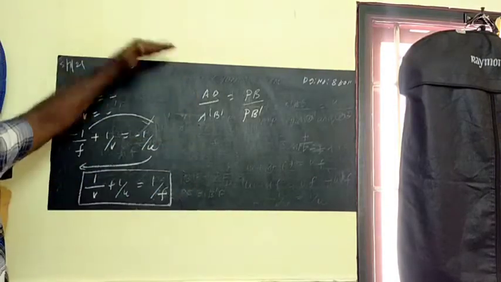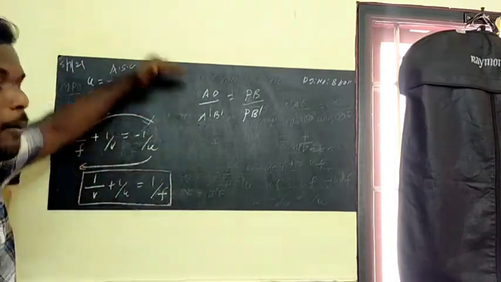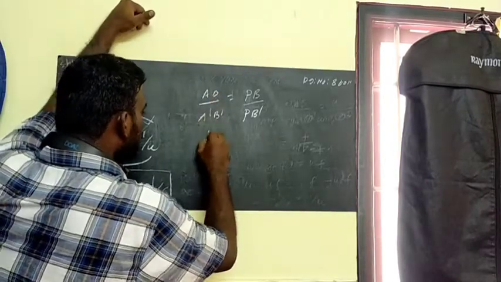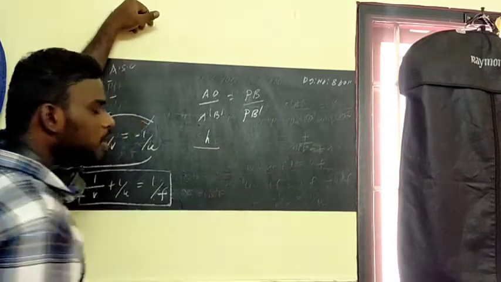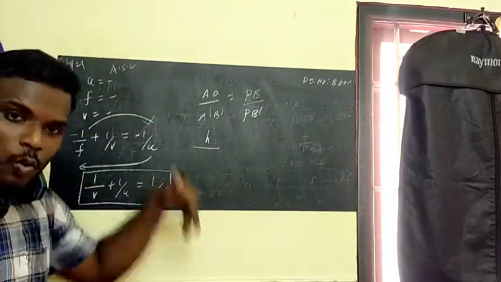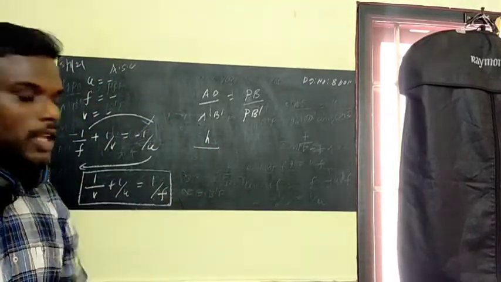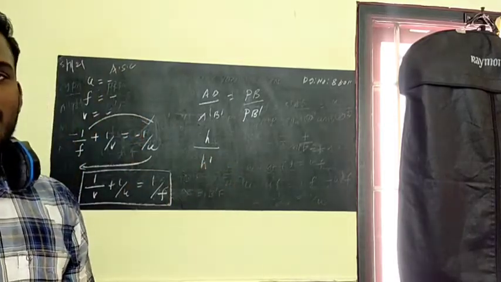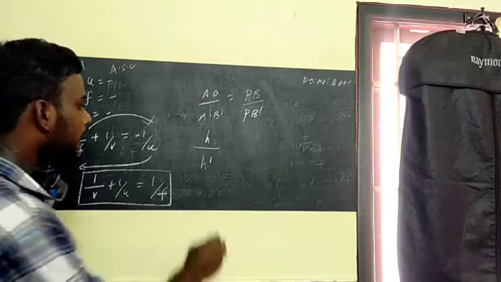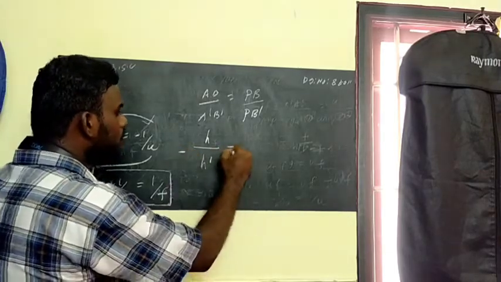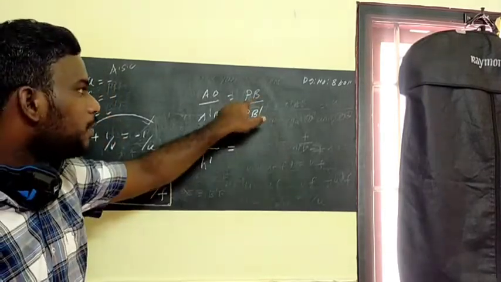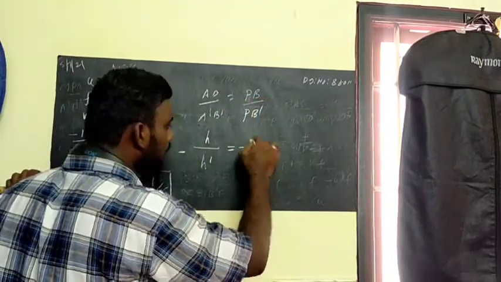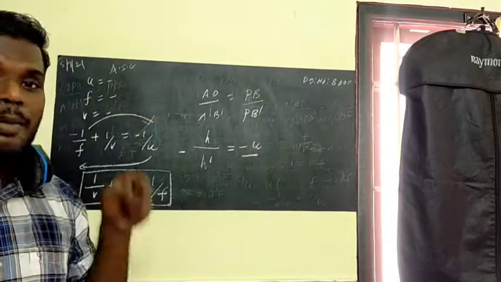So you saw that AB is the height of the object, am I right? The perpendicular distance above the principal axis is taken as positive, so here AB is the height of the object, divided by the height of the image. You saw that the image is formed in the downward direction. That is h dash, but it is downward, so according to sign convention I can take it as minus. That is equal to, what is my object? PB is the object, which is in the left side, so I can write minus u divided by PB dash, which is called the image distance.